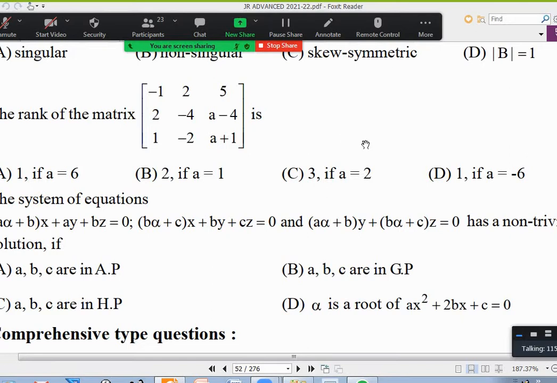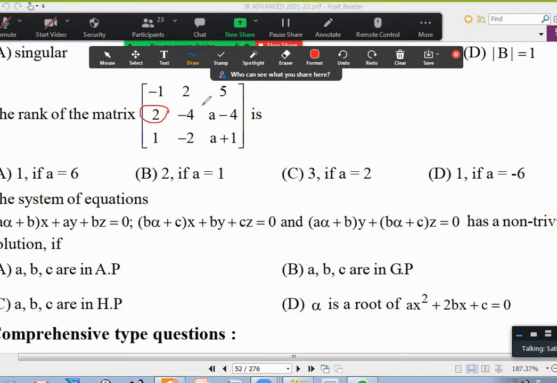Sir, should we just substitute the options or is there any method? Yes, sir. You can substitute options or directly find the determinant. Everything depends on determinant. And before that, you can convert some of them into zeros, because if you do row operations, determinant will not change. For example, you can write R2 as R2 minus R3. What is the advantage? This will become 0. This will become 0. Am I right? R2 as R2 minus second times third row.